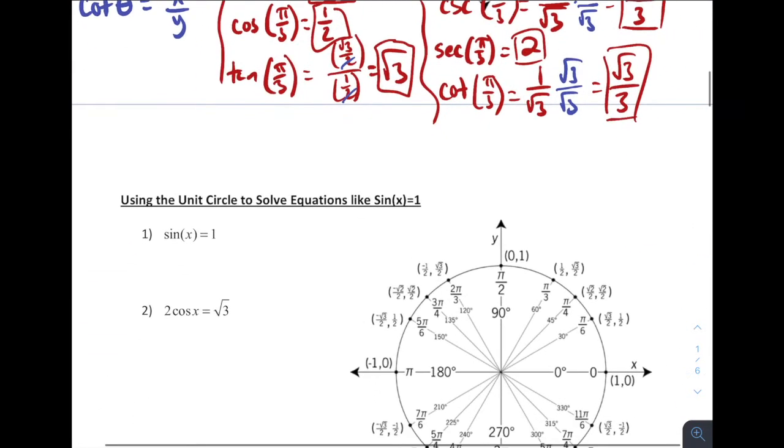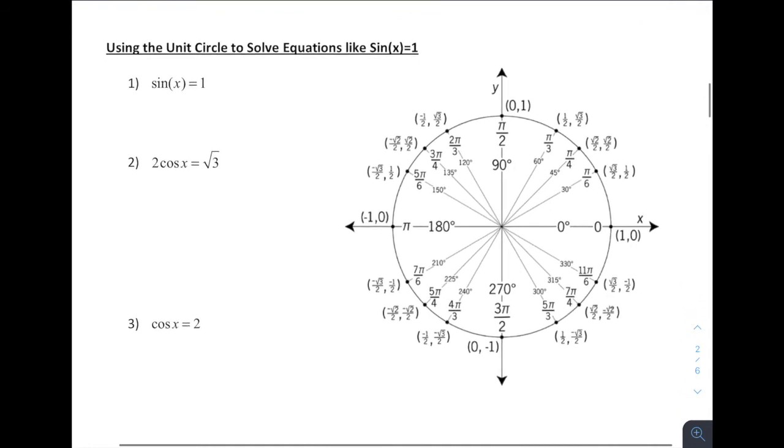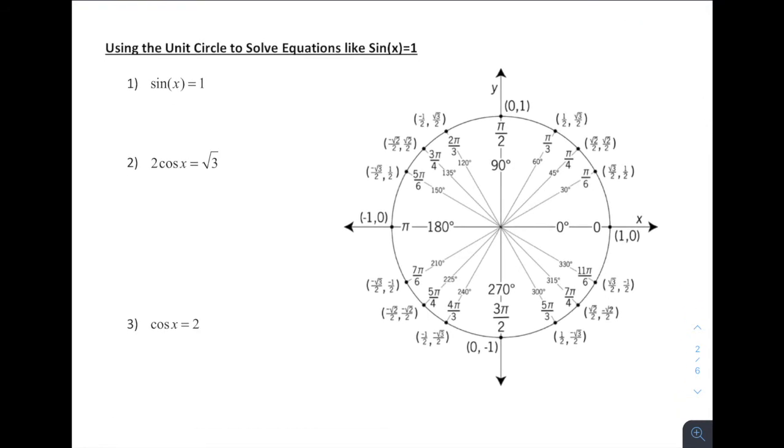Great. Let's move on to using the unit circle to solve equations like sine of x is equal to 1. So, as we said before, we know that each coordinate that's on here, our x comma y, is written in the form of the cosine of whatever that angle is, comma the sine of whatever that angle is. And so that is true for each of these as we go around, which is super nice. But notice here in this first problem, they have an equation, sine of x is equal to 1, and they're not telling us what the angle is. So in this case, what this problem is asking is, what is this angle? What does the angle need to be if the sine of some angle is going to